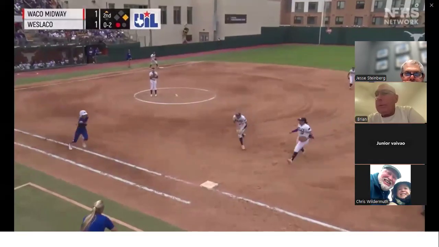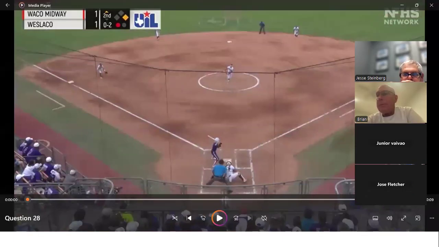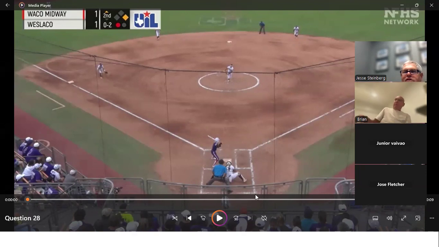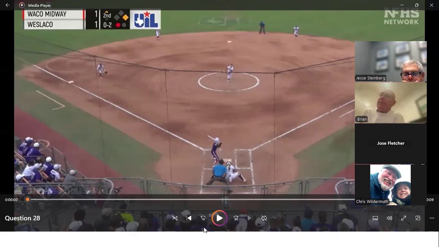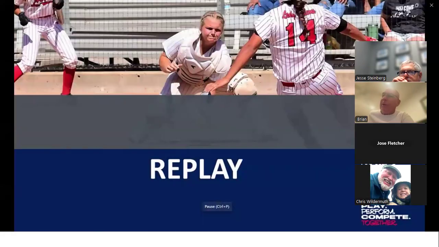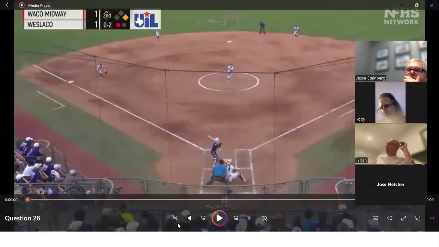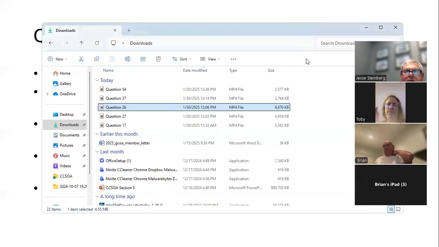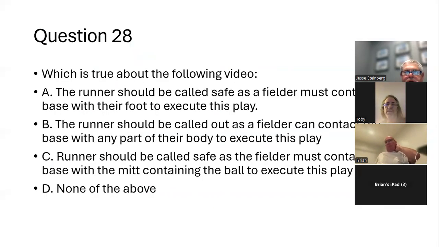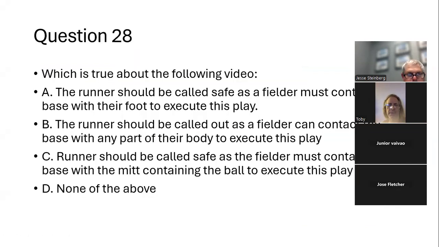Here's a better angle. Safe. Out. No, but the ball's in the glove. Do we need to watch it again? I think I need to see it again. I thought she touched the bat with her hand. Here comes the replay with the other angle. She touches with her hand, touches with her throwing arm, not with the ball in the glove. It's a force out. Your foot doesn't hold the ball when you touch on it and it's your glove.